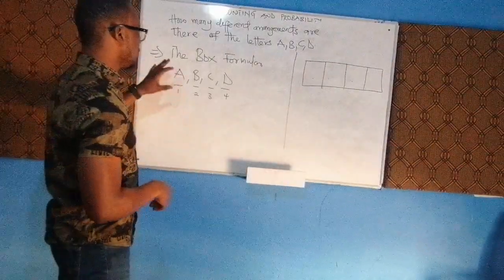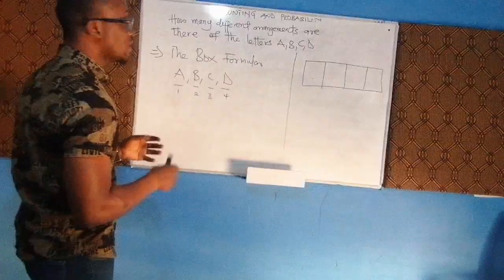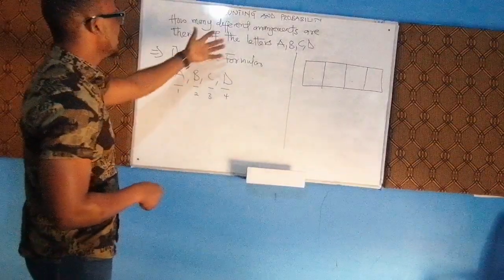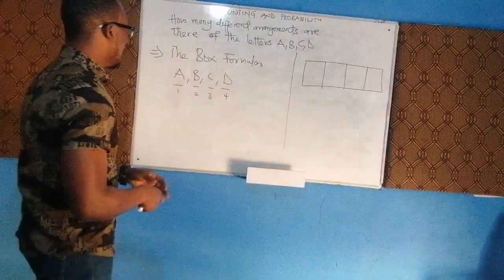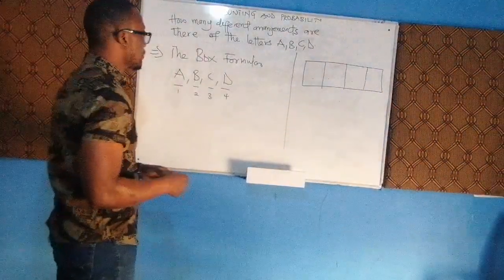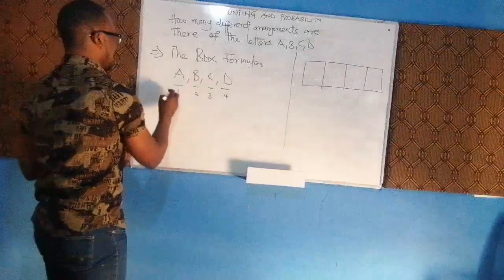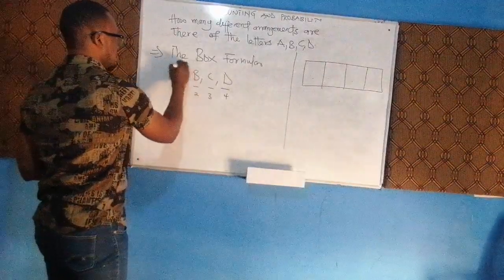So now, having addressed this, the next thing is to look at the different ways that we can arrange these letters. Assuming you want to arrange it, and there are 4 ways, just like you've been able to. First of all, when you decide to pick the first one, which is A,